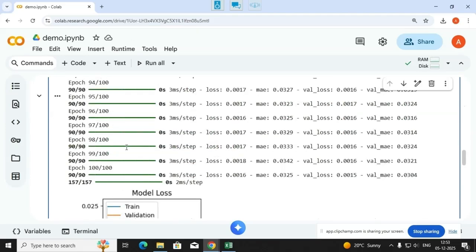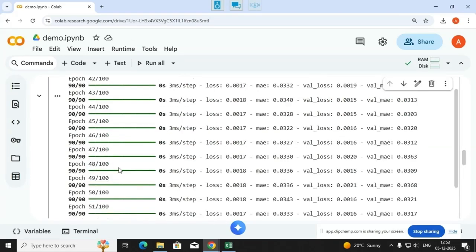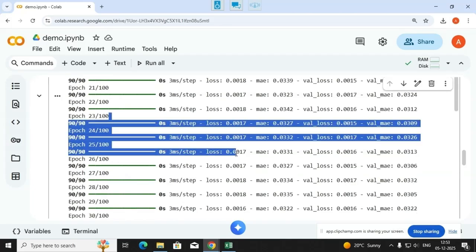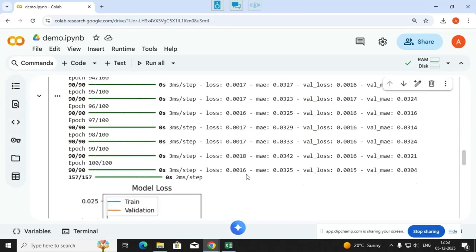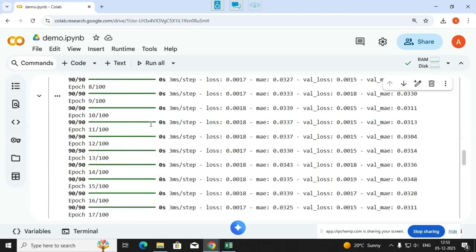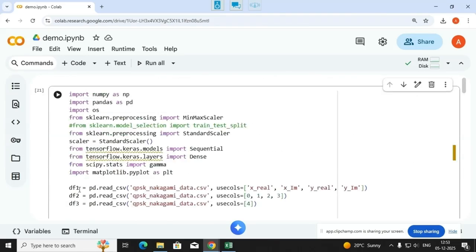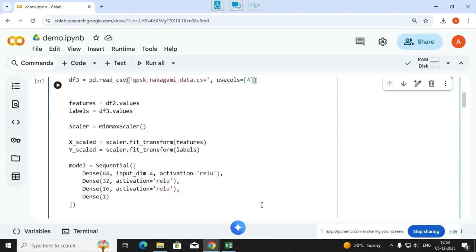This time the epochs are 100, so it will become 1000, and you can see that the loss is decreasing. It will stabilize. The mean square error and all these are being displayed. So this is the manner in which I can take my own data set, put it as features and labels, and perform deep learning based channel estimation in Python.